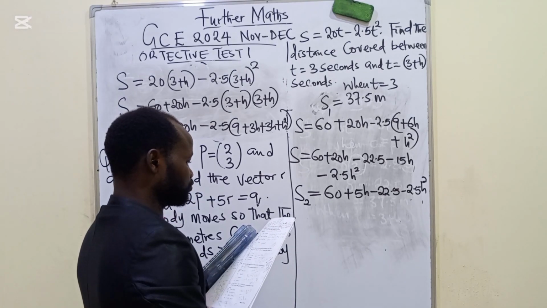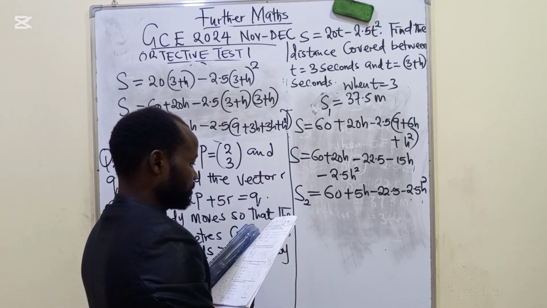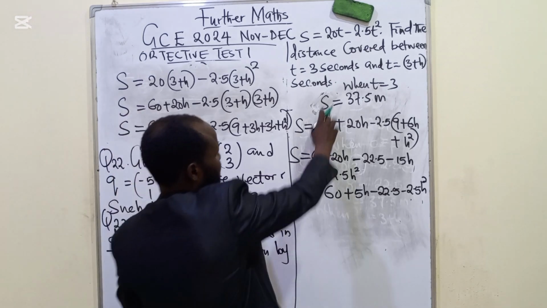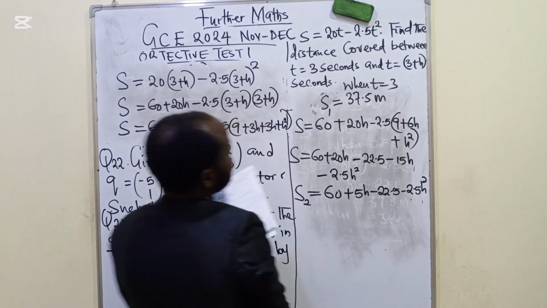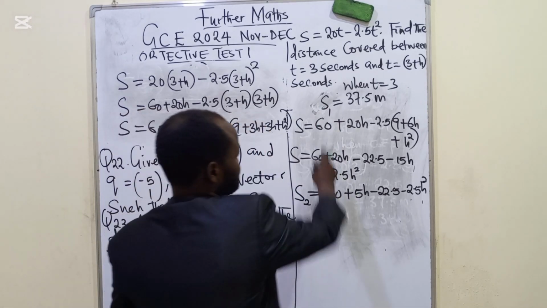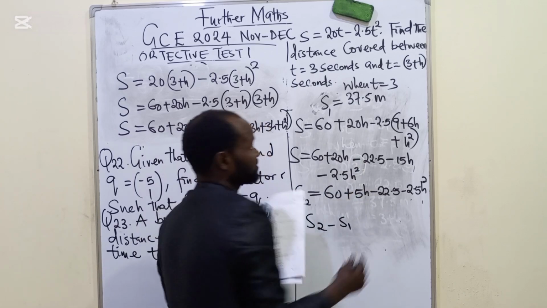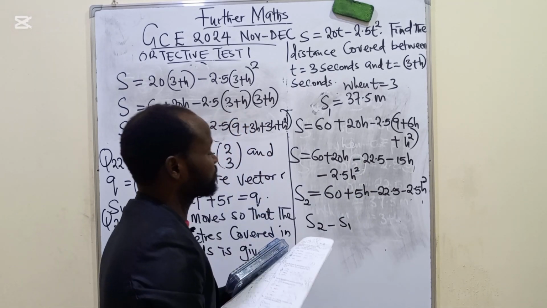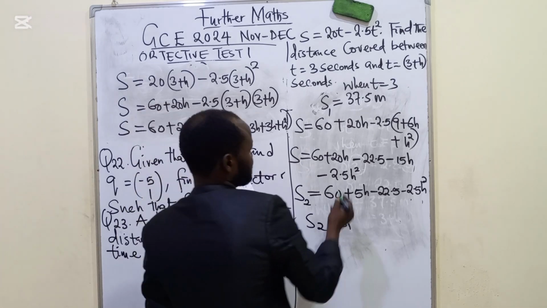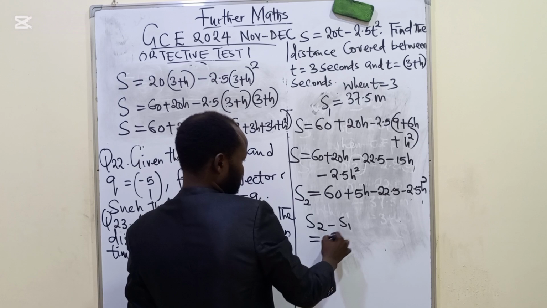The next thing for us to do is to see what we can do. We have to minus this. We are asked to find the distance covered between when t is this and when we have to minus these two. That's S2 minus S1 will be the distance covered between. We have to minus. Okay? So let's minus this. The final answer now will be 60